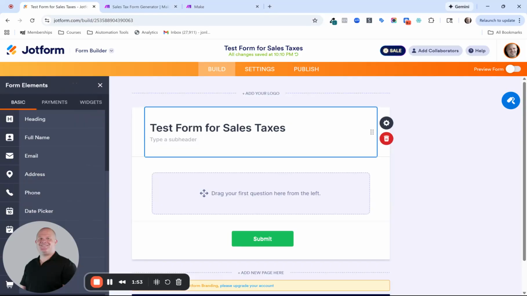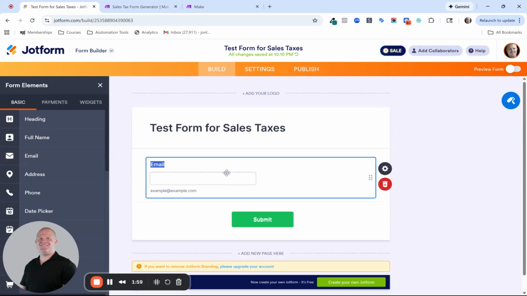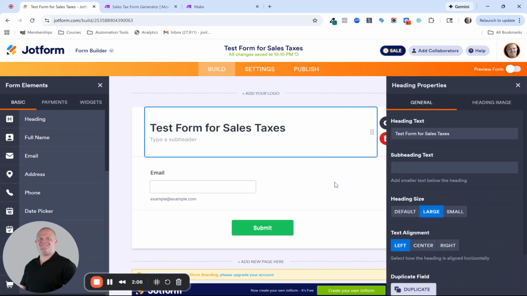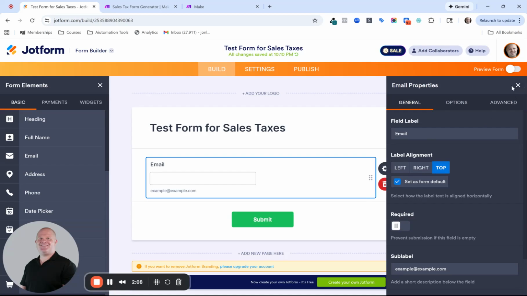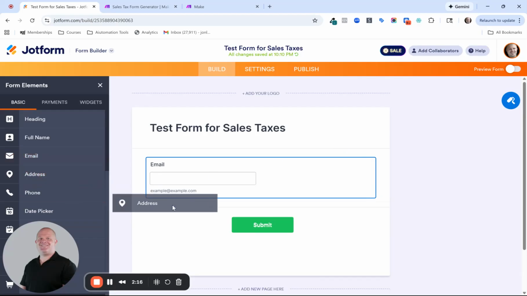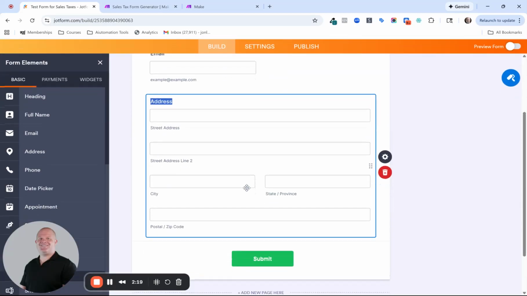So one thing that the system needs to know is what email are we going to send this to afterwards. So we're going to go ahead and drop this email here. You can make this required if you like. It kind of depends on who's using it. If you're using it and you know that you need to put your email in there, then you don't need the required field. And then from here, we can drop in this address field,